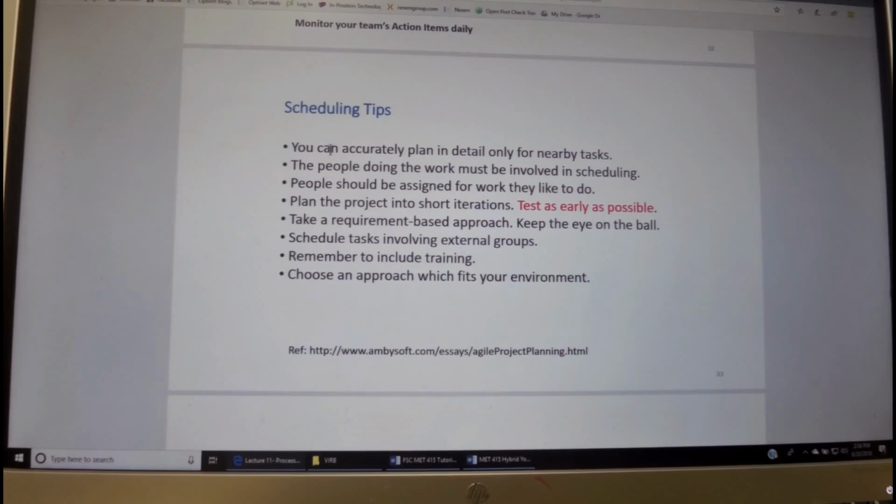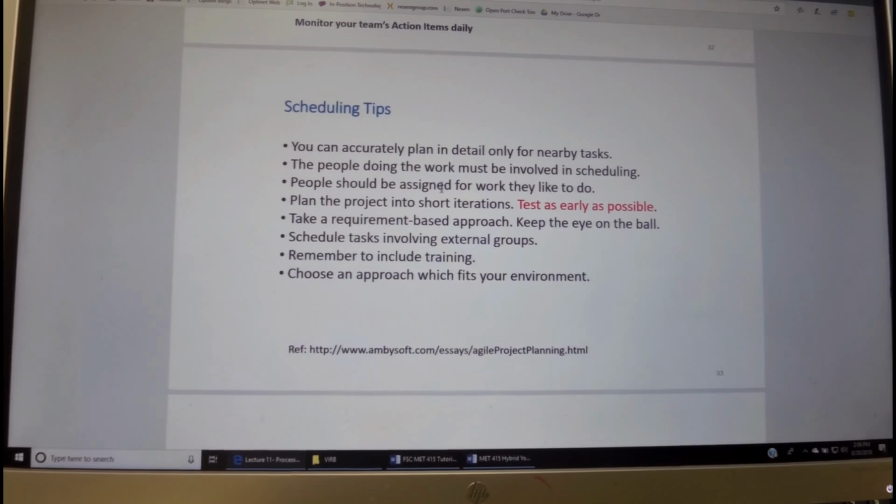Then some of the tips: you can accurately plan the details of nearby tasks. The people that do the work must be involved in scheduling. People assigned to the job have to like what they do in order to be successful. Plan the project for short iterations, test as early as possible.